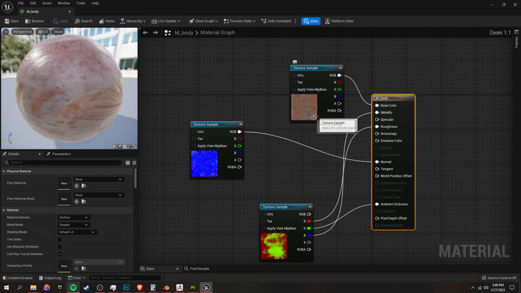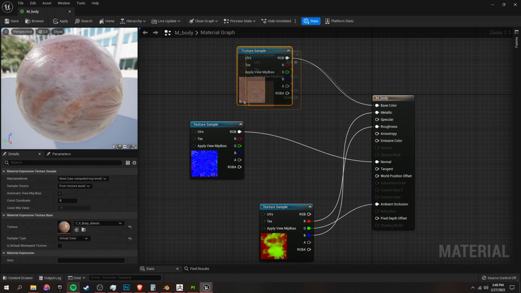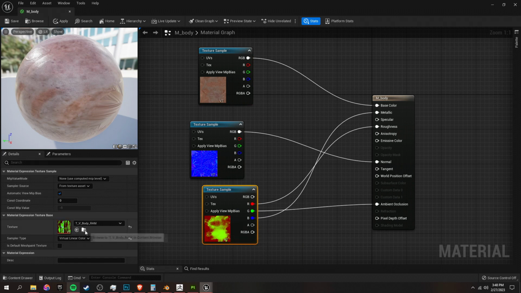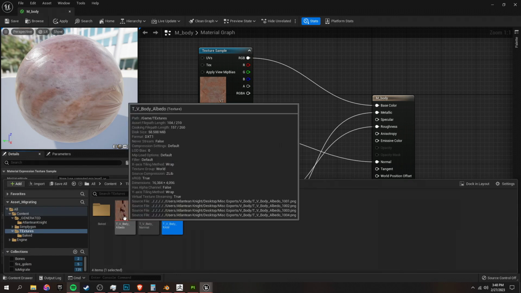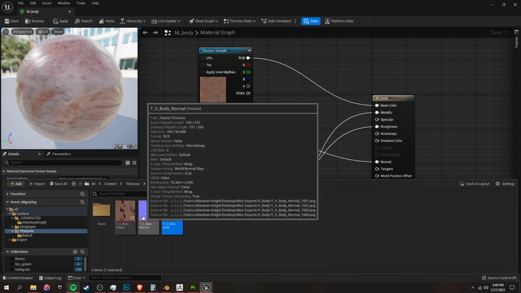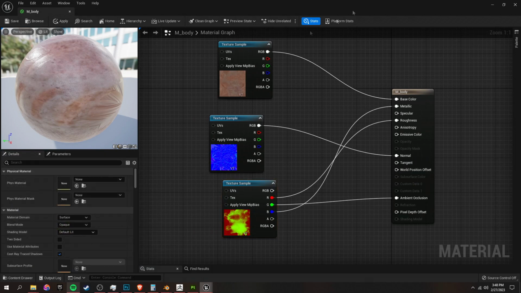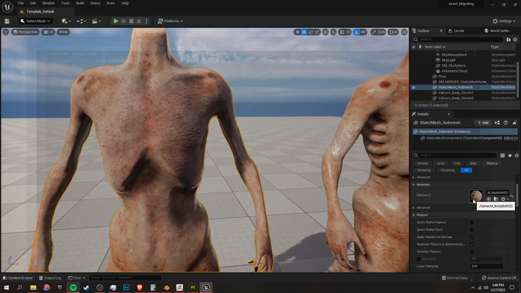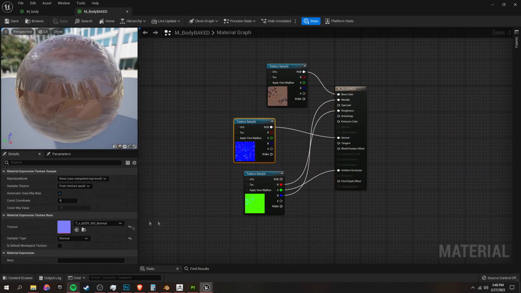So this is the virtual texture. As you can see, this is using 4 textures for the UDIMs. Right here, source file, there's 4 of them, so that's a UDIM. And this one over here is using just one UV tile,